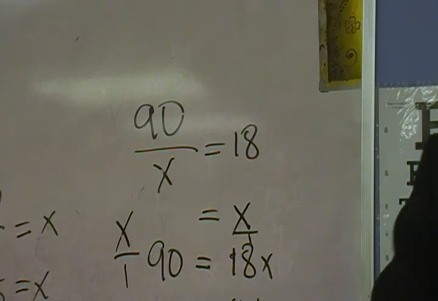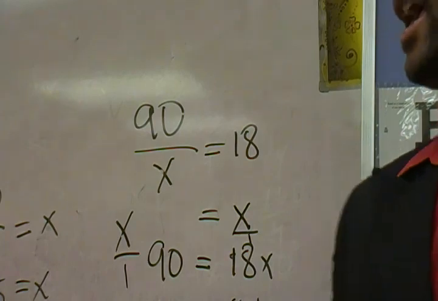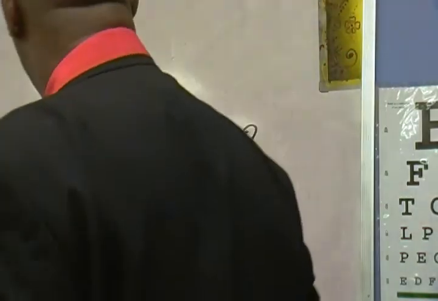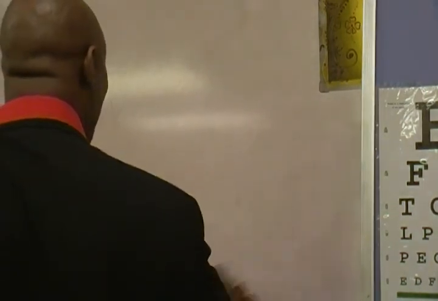You're saying 48 over x? Say it again? 48 equals a number increased by 6, and the sum